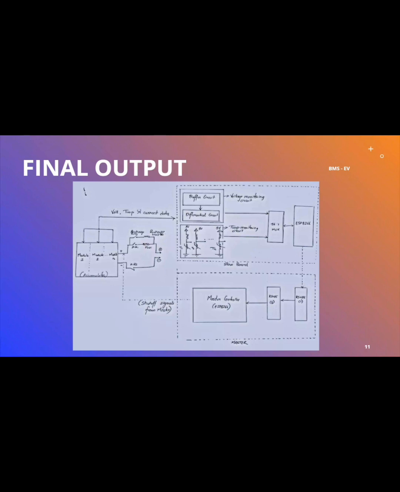The buffer circuit and the differential circuit work as the voltage monitoring circuitry, whereas the temperature monitoring circuitry is taken care of by a thermistor. All this data is moved through a 16:1 mux, which is then passed into the final slave board controller, which is the ESP8266 module. This slave board controller then passes its data onto the master board using the RS485 communication